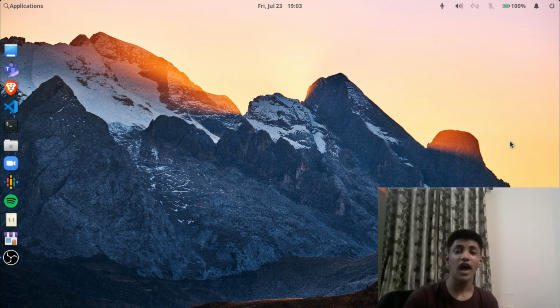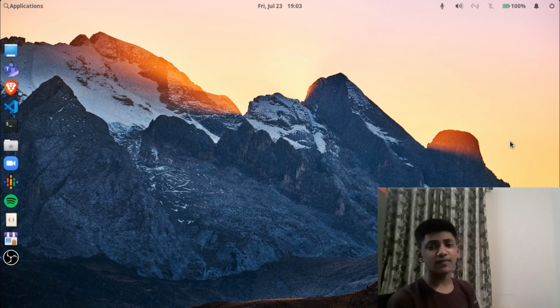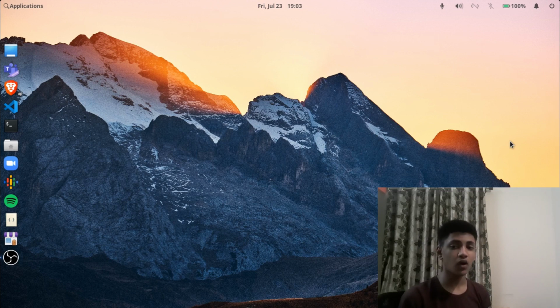Now, another huge app recommendation that I would do is to go ahead and install the program ULauncher for Linux. Now, this works on all Linux distributions, and I'll leave a link down to their website below, and it is amazing. It is fantastic. So ULauncher is basically like a run launcher where you can type in the name of a program that you want and it will launch.